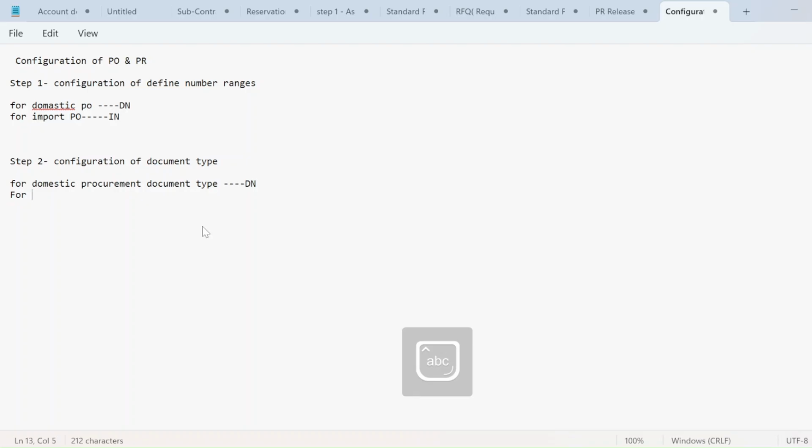And for import procurement, let me take the document type as IN. So here we will take the document type as IN.